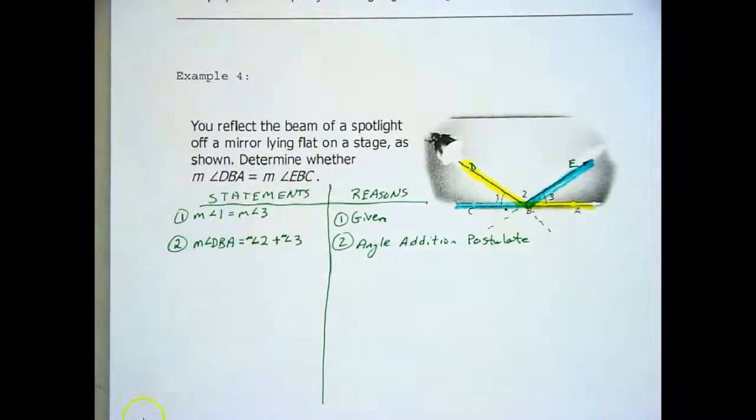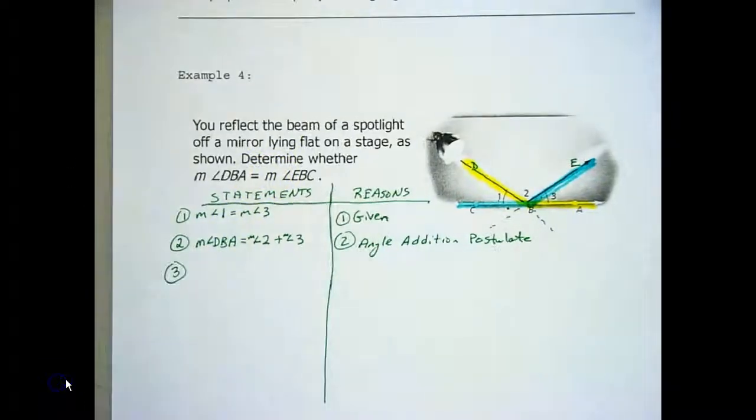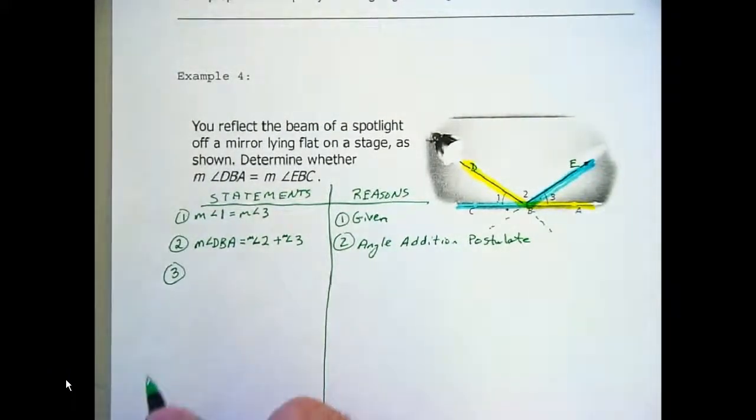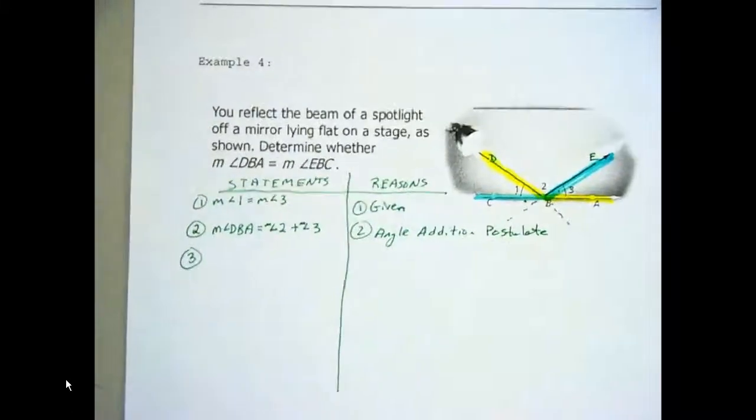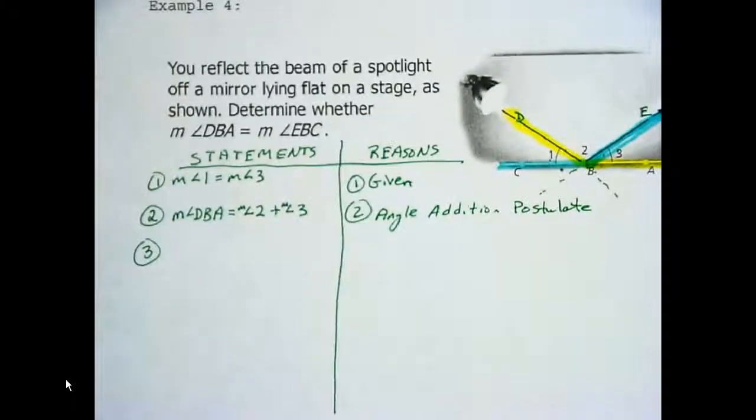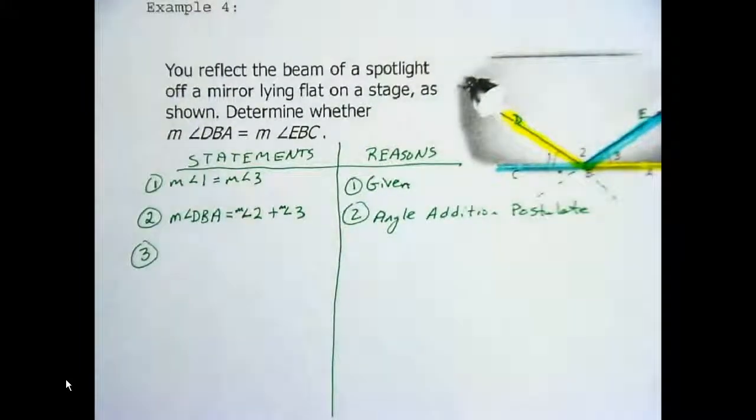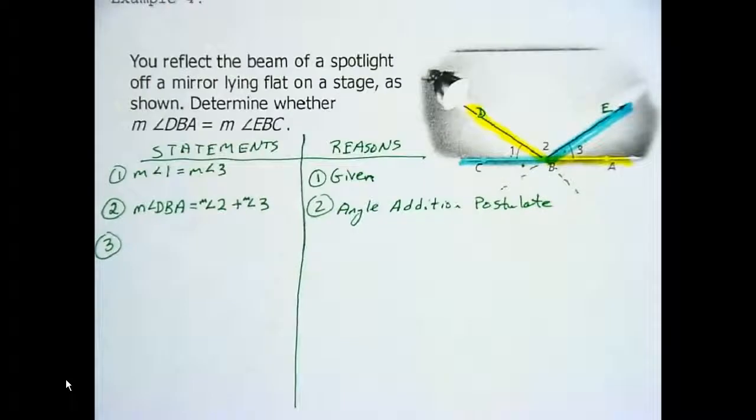Using the same idea that we just used. So we have DBA is, yep, and then the other one is EBC is the sum of measured angle 2 minus angle